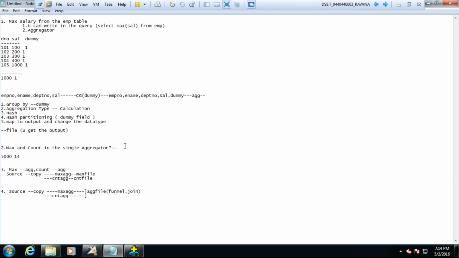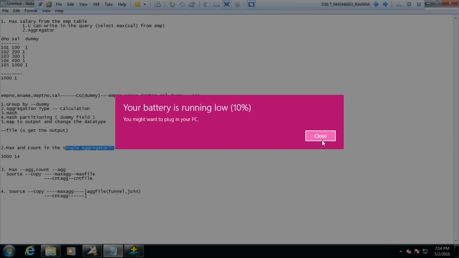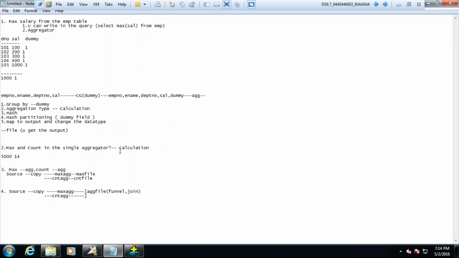There is a tricky thing over here. You first answer me. I want max. So what type do I need to use? Calculation, right? So you need to use calculation. Now fix it over there. I said only single aggregator. So as you have used calculation one time, can I use another count rows in the same aggregator?